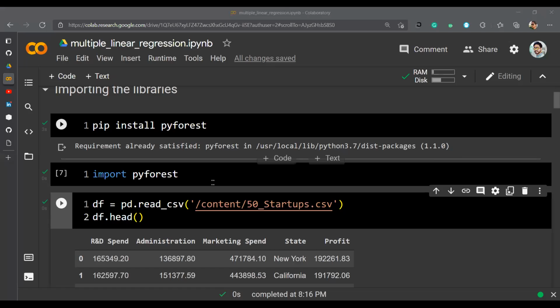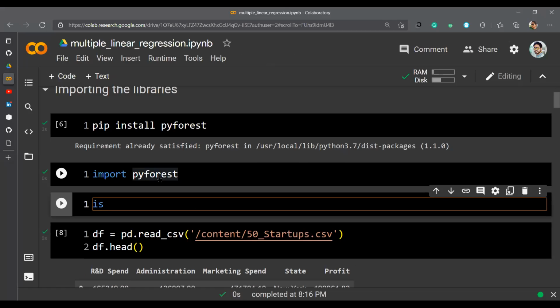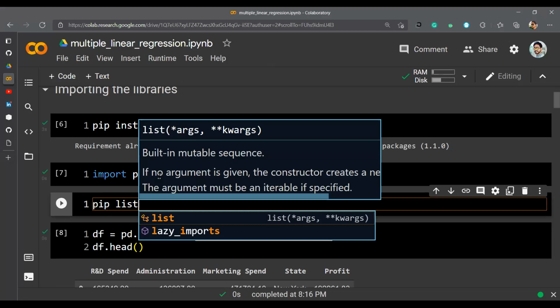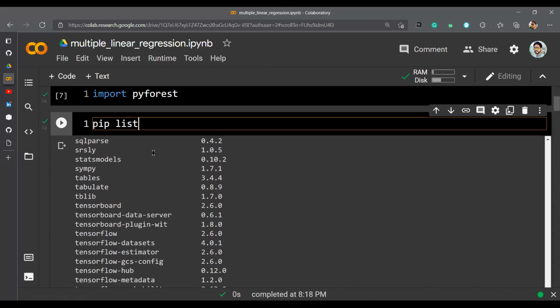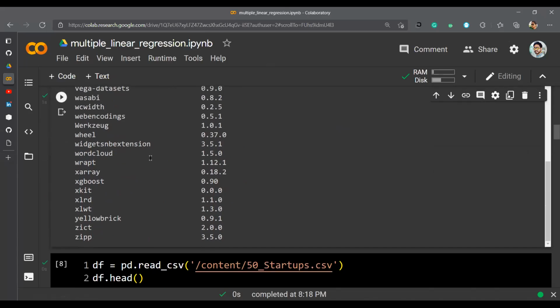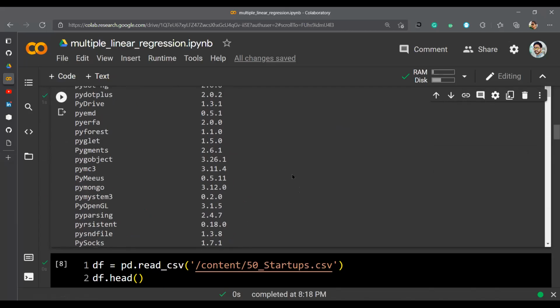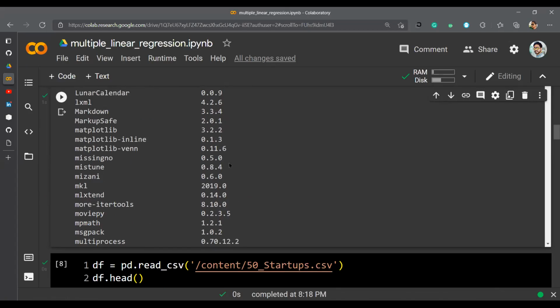Maybe 1 second, I can share something else also. Pip list. Okay, so this is how you can explore it. Okay, wow, I didn't know that. Okay, so this pip list has all the packages that you can install and run and see how it comes up with PyForest.